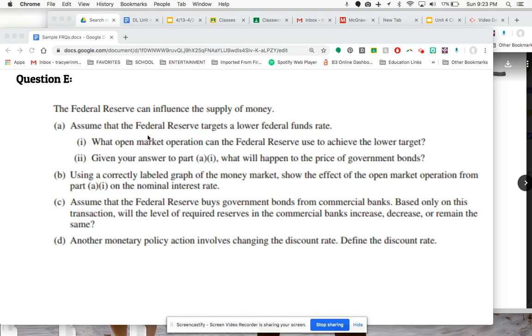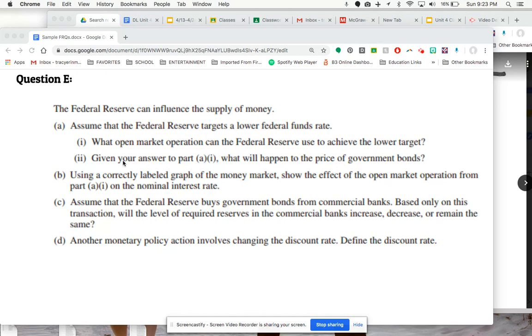So if we want interest rates to be lower, we want there to be a bigger money supply because we want money to be very, very plentiful and easy to borrow, therefore cheaper. So we want to buy bonds in order to make this happen. Because we're going to buy bonds, this is going to make interest rates lower. So if you picture what a money market graph looks like, look at the money supply getting bigger. Now nominal interest rates are going to get lower. Therefore, because the relationship between interest rates and bond prices is inverse, if interest rates are lower, then the price